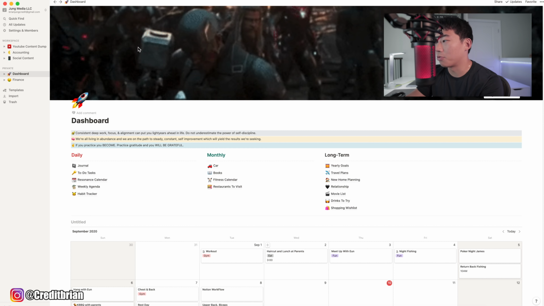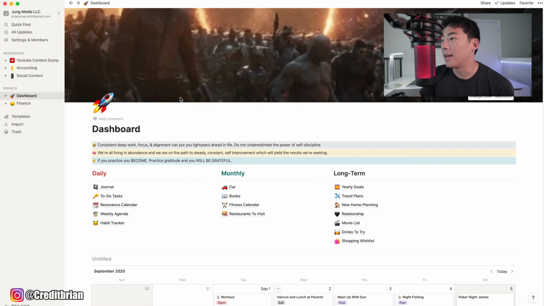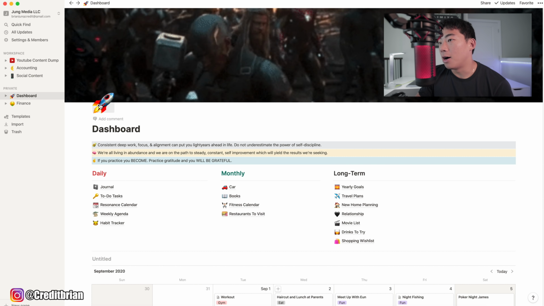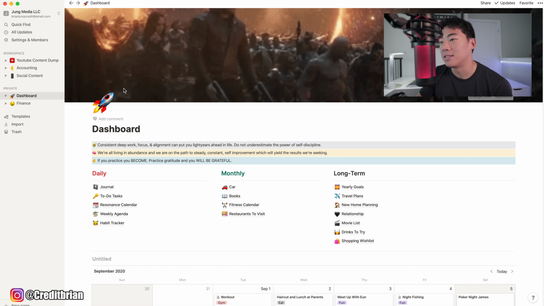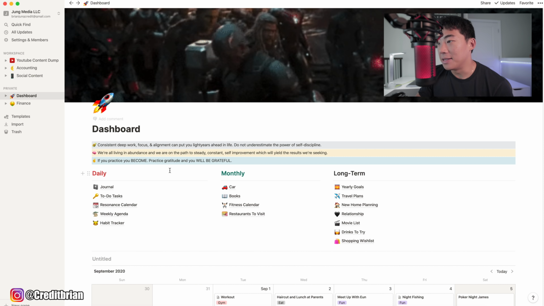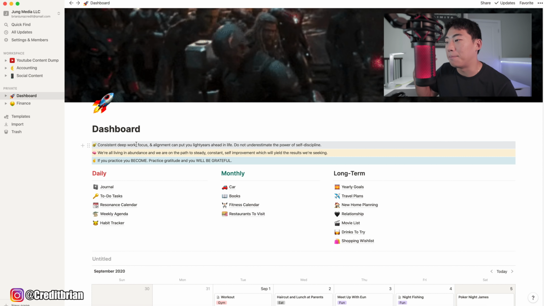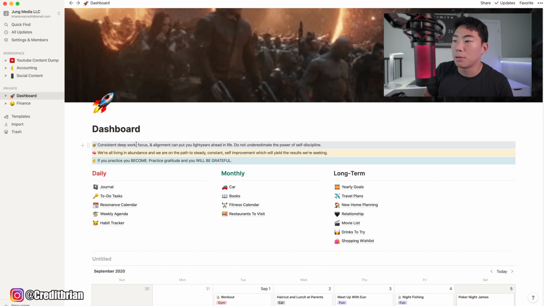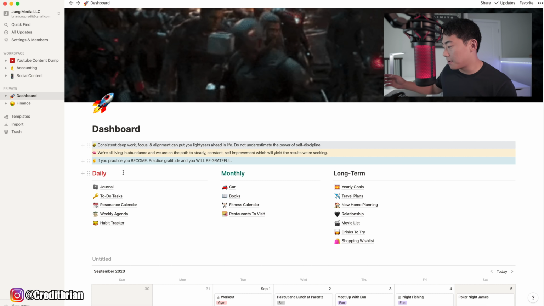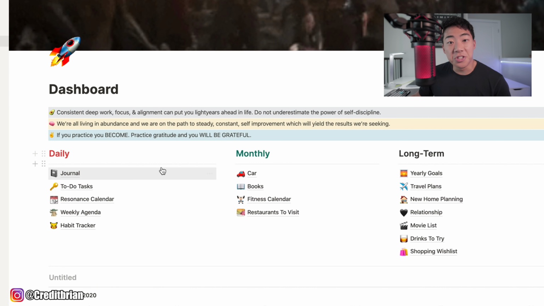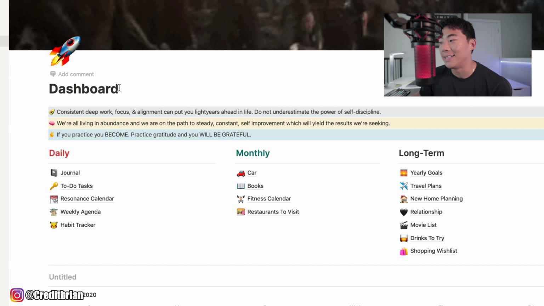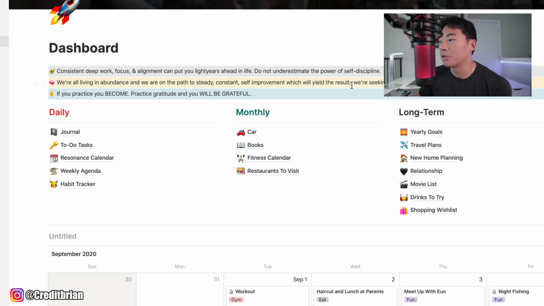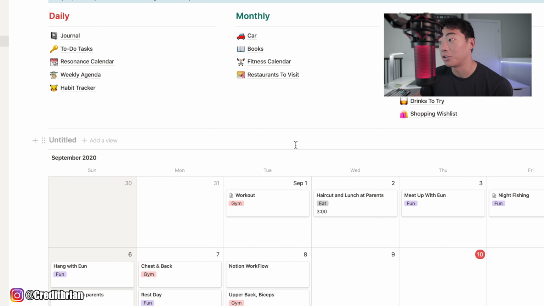This is my dashboard right here, and I'm actually just gonna zoom in. And with the way Notion has things set up, the reason why I like it so much is you can customize things and you can add in different images and different ways to organize your content. Now, the dashboard is pretty much my home page. Like an iPhone, you got your home screen. This is where I have my main apps and my main navigation on some of the things I would use, whether it's on the daily aspect or even the monthly aspect as well. To start off, I have 3 different quotes that I look at every single day that just keep me on track with the things I need to do. On top of that, I have some long-term stuff, and I also have a calendar below as well.